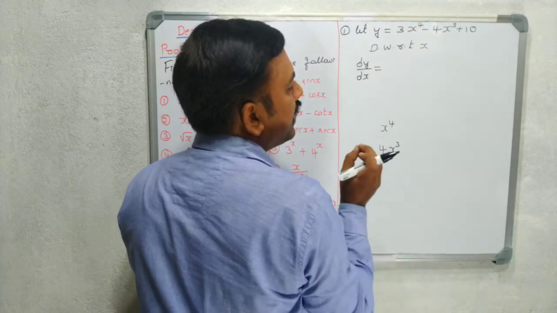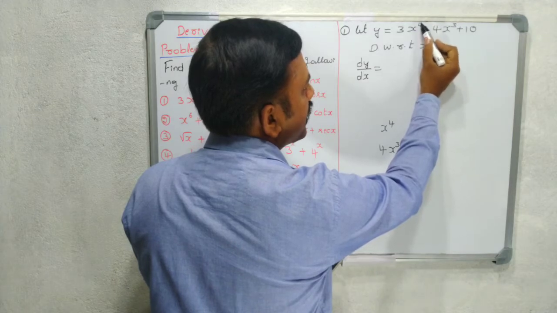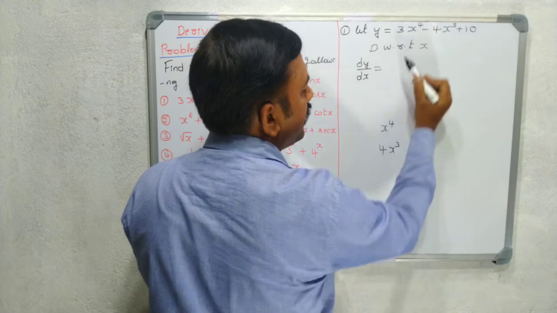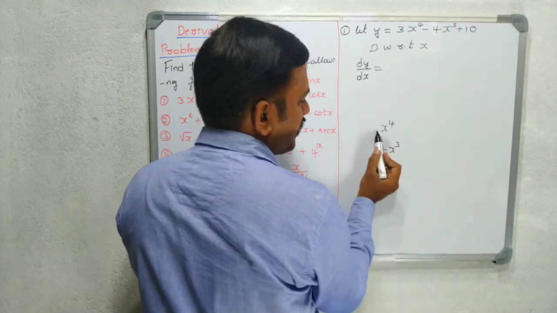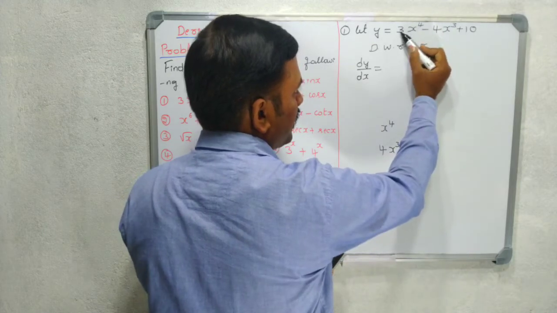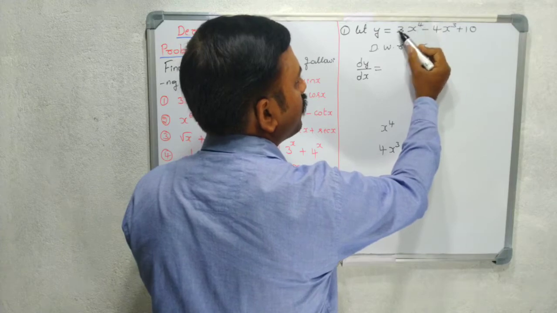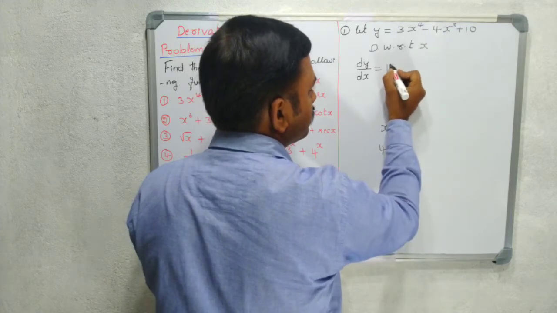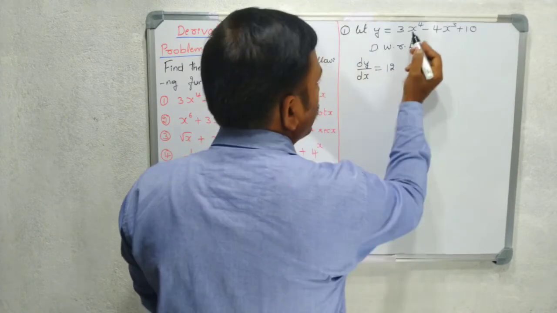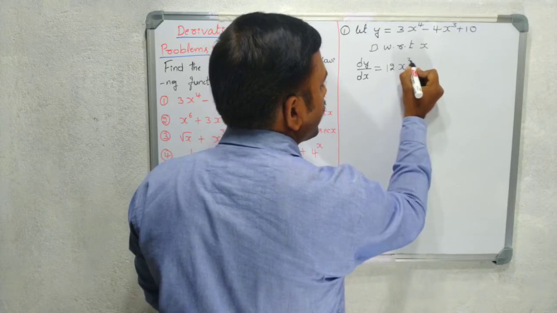Just multiply these two terms. The power of x, multiply it with the coefficient of x. Here the coefficient of x was 1, so 4 into 1 is 4. Here the coefficient of x is 3, so multiply these two terms, that gives 4 3s are 12. Reduce the power by one, x to the power of 4 can be written as x to the power of 3.